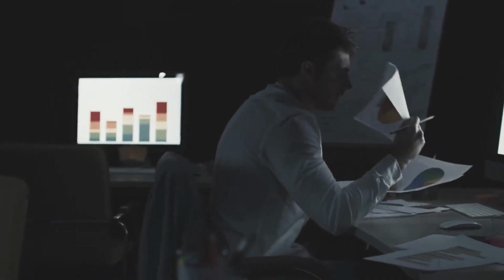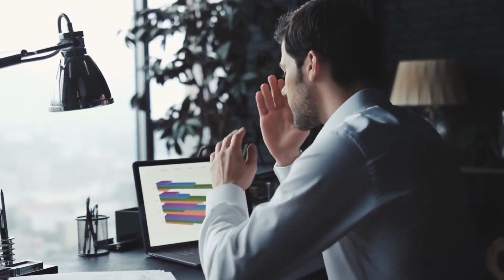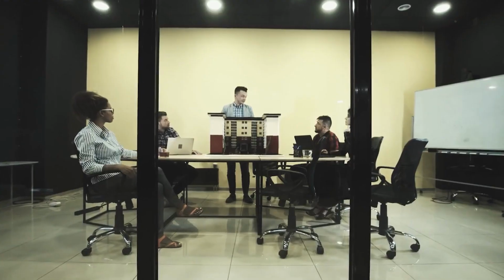Number 2, it's a networking goldmine. You get to rub shoulders with experts in your field. As a research assistant, you're not just gaining knowledge, you're building a network that could open doors to exciting opportunities. Number 3, it can be a great resume boost. Being a research assistant adds serious weight to your credentials, as future employers love to see hands-on research experience, and